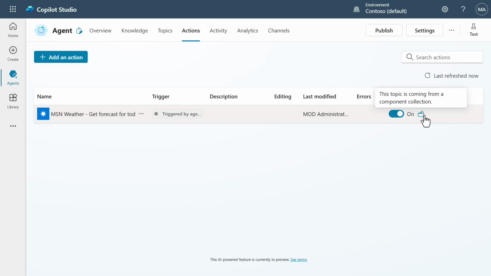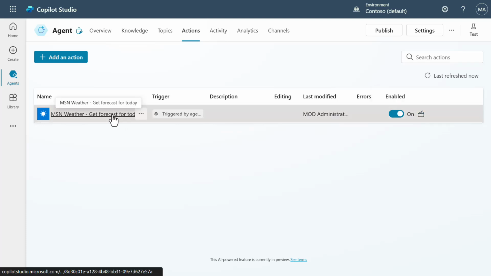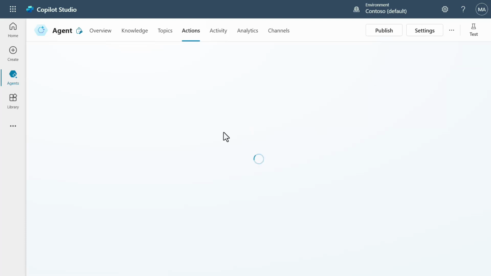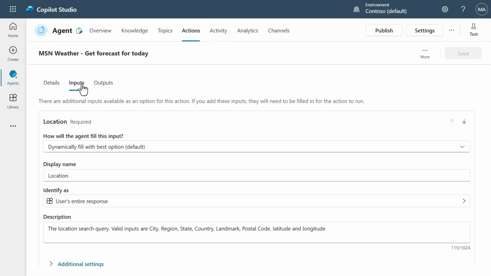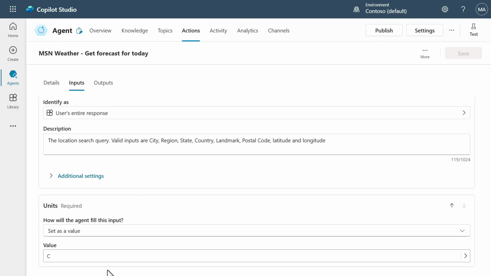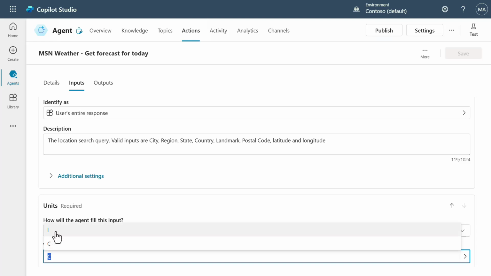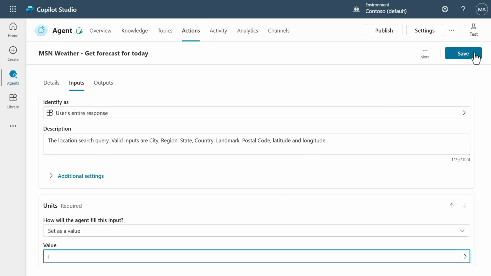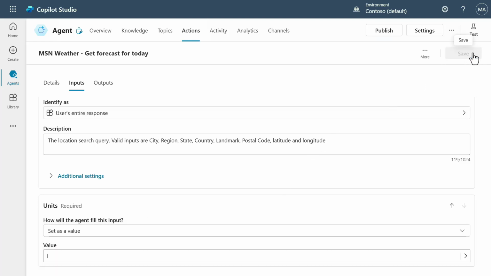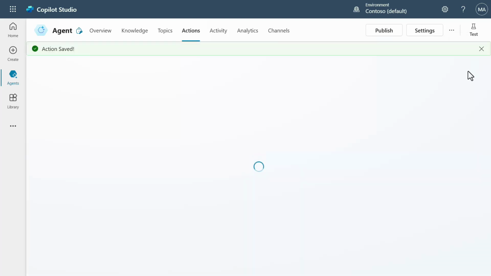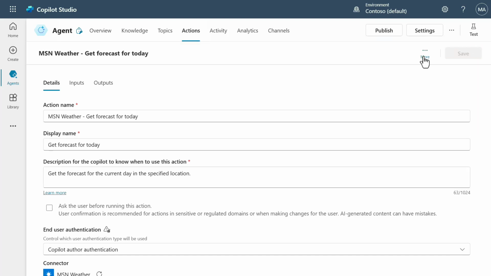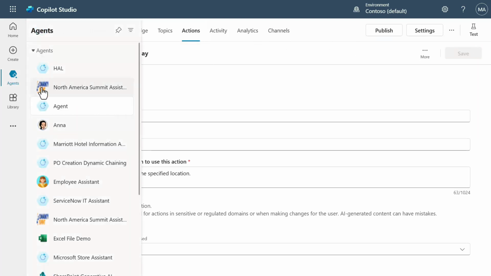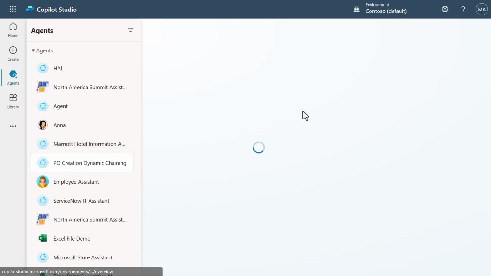Now here's a key aspect of it that we do need to keep in mind. I'm going to click in on it, and since this is the weather, one of the things that we typically do with the weather is on the inputs, we set the units of measure. And you can see that this is set to Celsius. So I'm actually going to change that and save it and make it into imperial. Now, the reason I'm doing this is I want you guys to see that once I save this and go back over to our other agent that we've been using, our PO creation one,